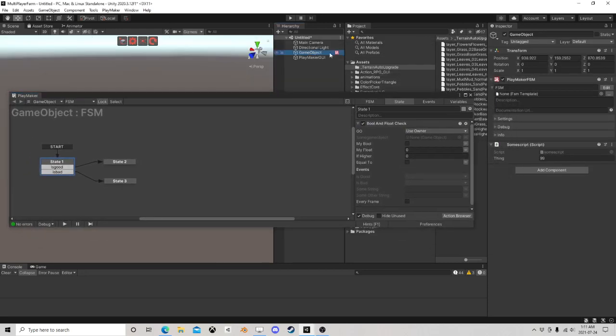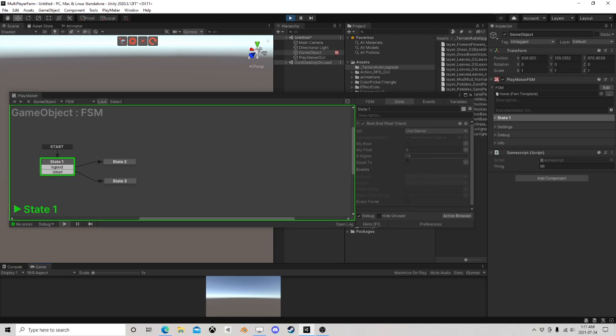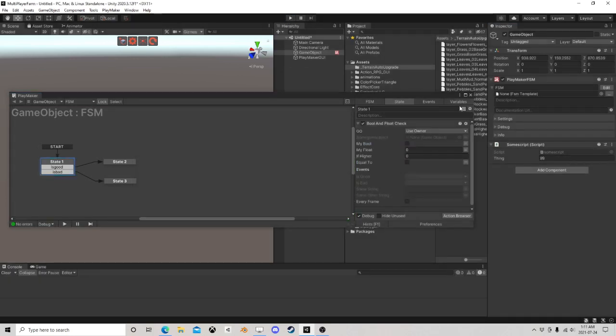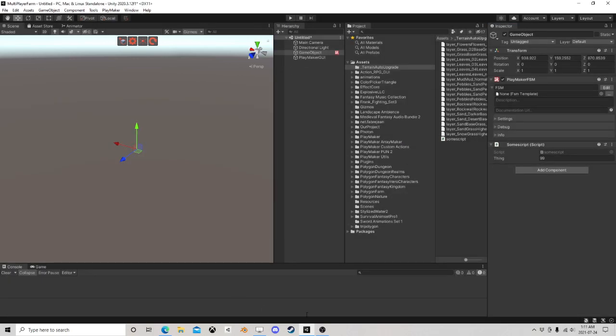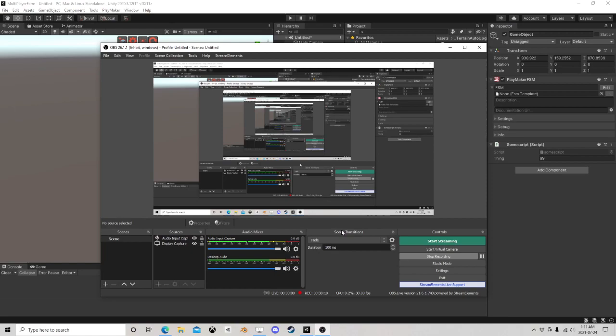Right, so that's our game object, and that game object has this script. So now if I hit it, see how it's 99? So it copied it over. And if I change this and reboot it, it just literally just takes it. Just like that. So anyways, there's a little bit on